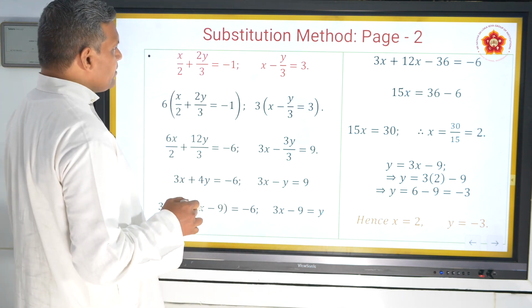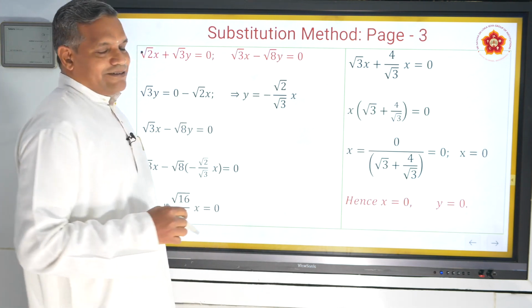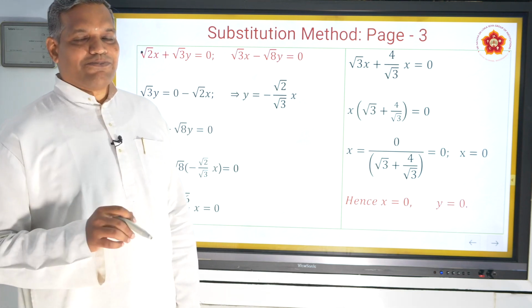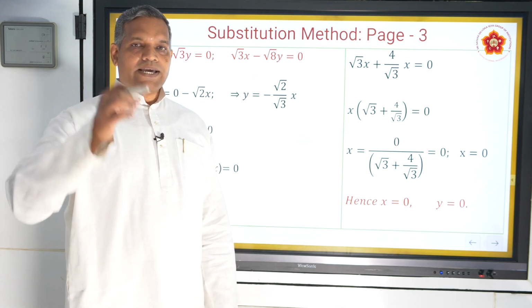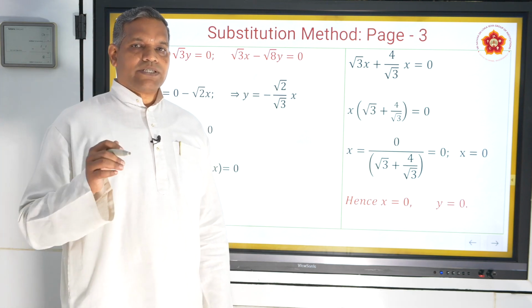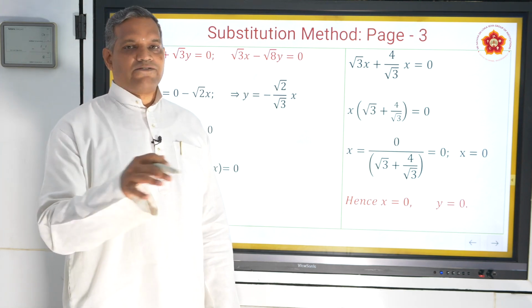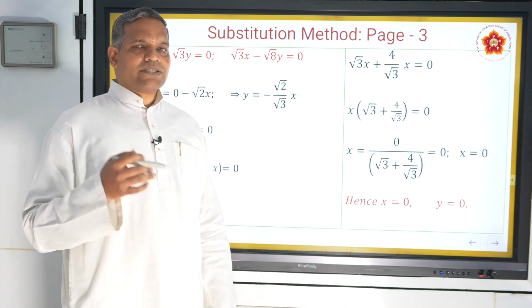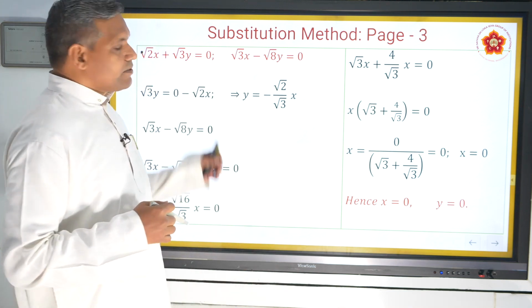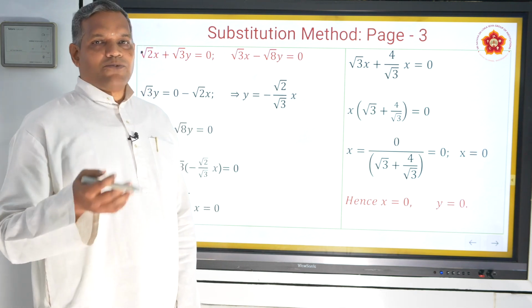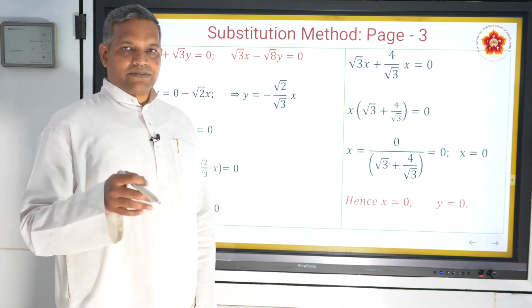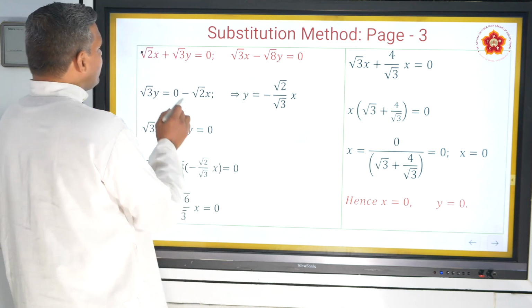I'll go to the next slide. Here is a little more of something that most of the time students get scared of. The moment they see a square root in a sum, many students, not everybody, will get scared of how to solve these square root equations. I'll tell you, the fun of solving it is better than the fun of solving other equations. Let's start. So this is my first equation.